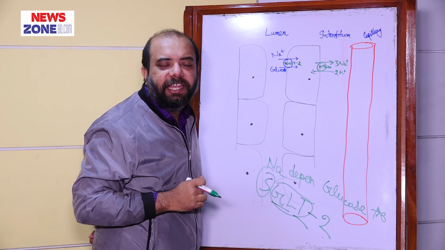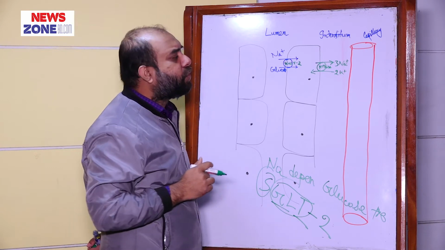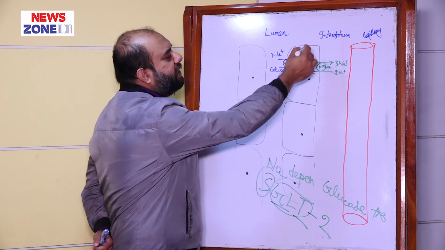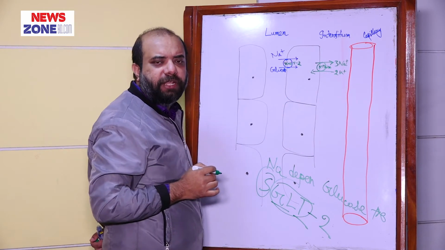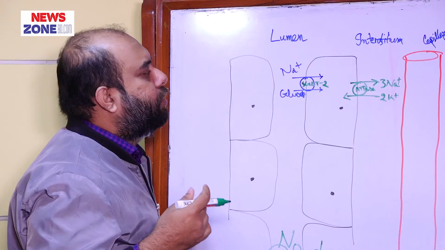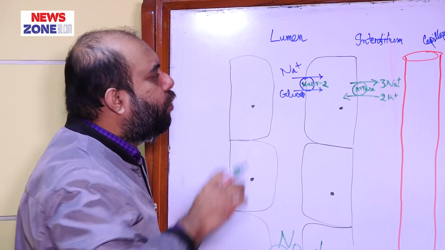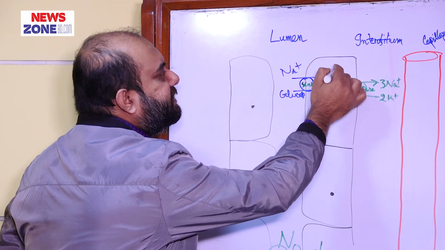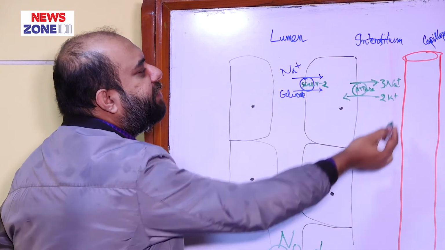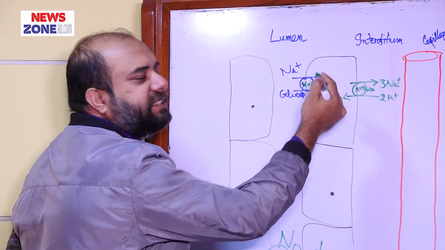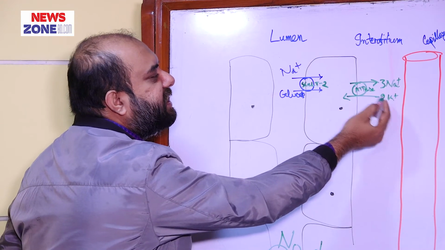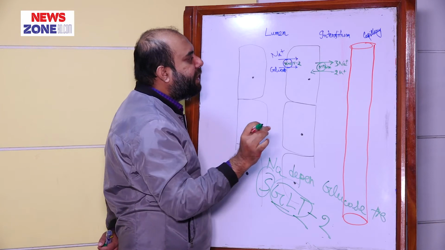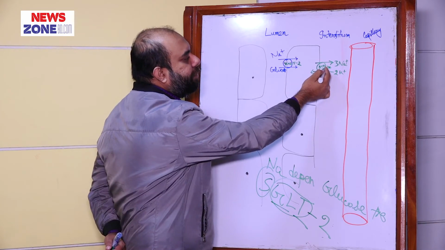So what we have got here: on the basolateral surface there is a pump protein named the sodium potassium ATPase pump, which will pump out 3 sodium ions from the cell into the interstitium and pump in 2 potassium ions against the concentration gradient from the interstitial space into the cell, and ATP is used up here